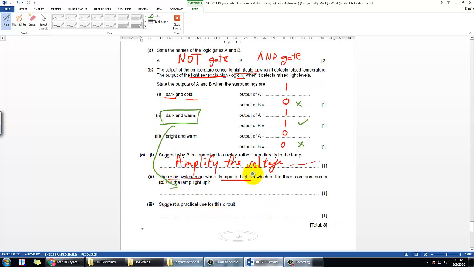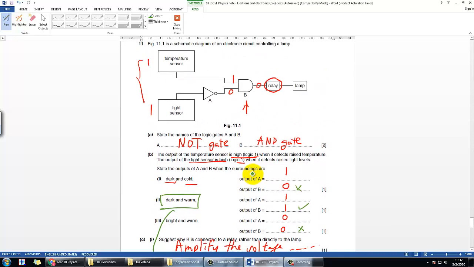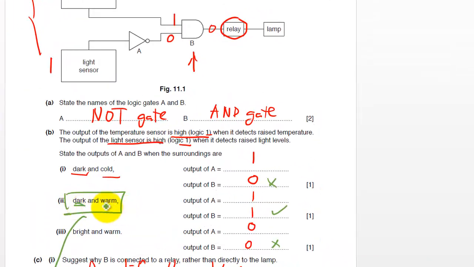Suggest a practical use of the circuit. So let's take a look at this. The lamp will switch on when it is dark and warm. And think about this, the lamp would also switch off when it's dark and cold, or bright or warm. So that actually means, or you can think about it, it's more like an automation system at home. When there's somebody at home but the light is not switched on because it is dark,